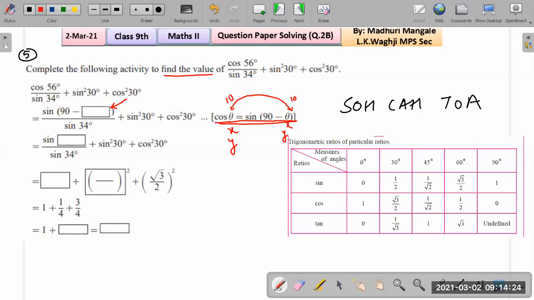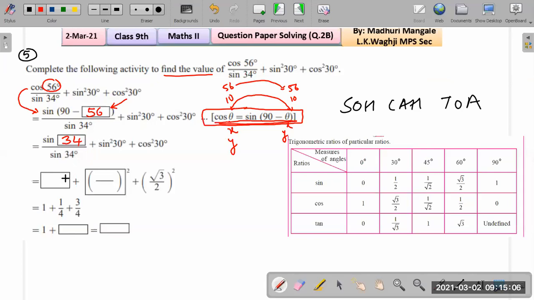Look at the question. It is 56 over here. Cos of 56 is changed to sine of 90 minus what? Here it is 56, so of course here it will be 56. So 56 goes in the first box. Wasn't that easy? You just need to look at the rule they have mentioned. The next step, again, there's a box next to sine. What is 90 minus 56? A super easy question. Anybody can tell. That's equal to 34. So that completes the second box.